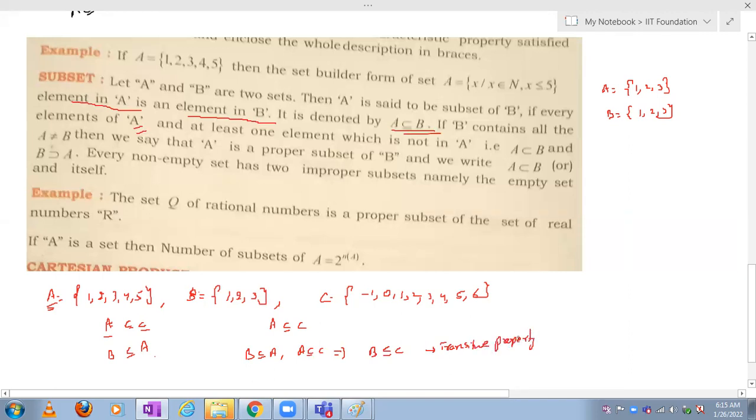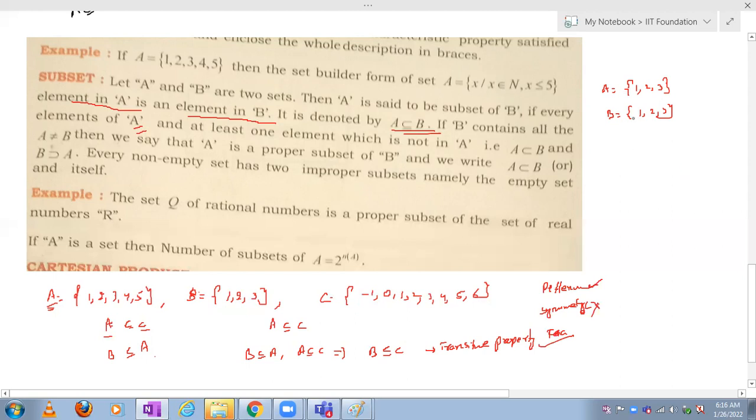So generally we have three properties. One is reflexive, symmetric, transitive. Reflexive means every set is subset of itself, that is, reflexive property is satisfied. If A is subset of B, B is subset of A, it is not possible. Symmetric, it won't accept since it is not symmetric. Transitive property, the subset will obey the transitive property. Symmetric property, it won't obey. Every set is subset of itself, reflexive property, it will obey.